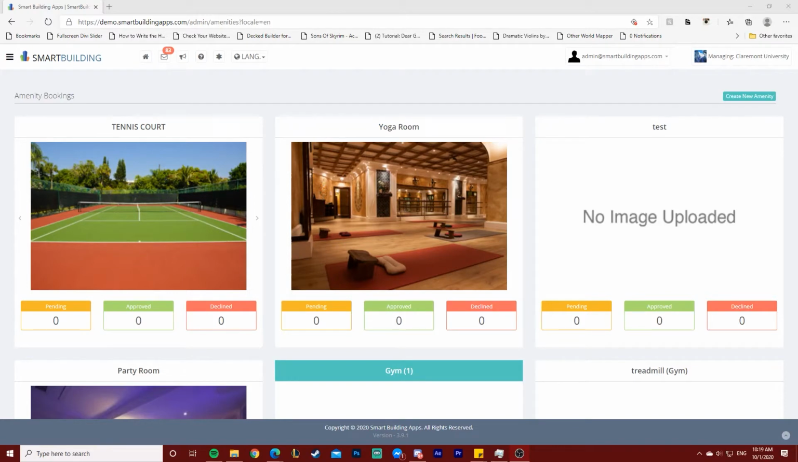Today, I'm going to show you how to use our new Amenity Bookings app. So to get started, when you first log into the Amenity Bookings app, you'll be prompted with the dashboard here. This overview lets you see every amenity that you've created and access more information about each amenity. For instance here, we have the tennis court. At any time, you can see how many users are pending, approved, or have been declined the booking for the